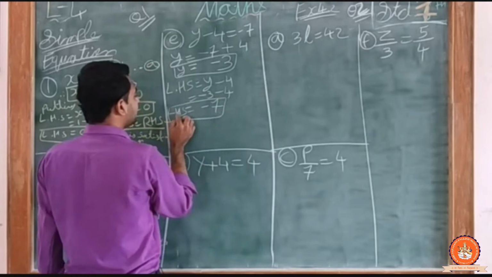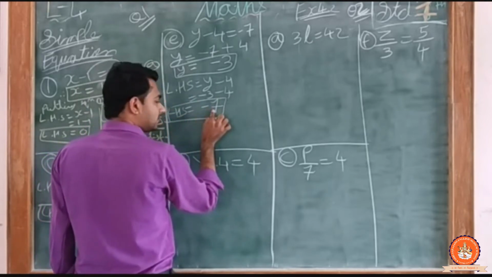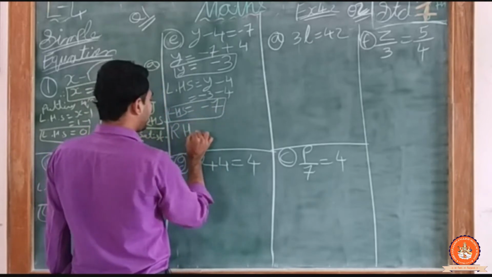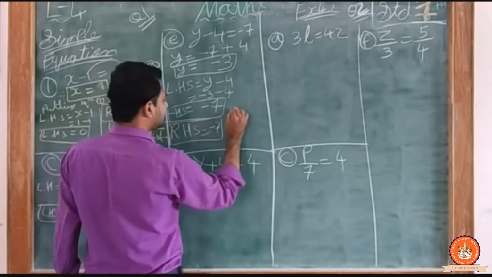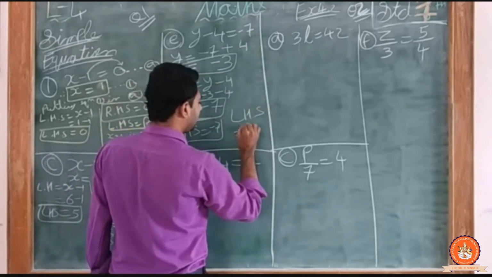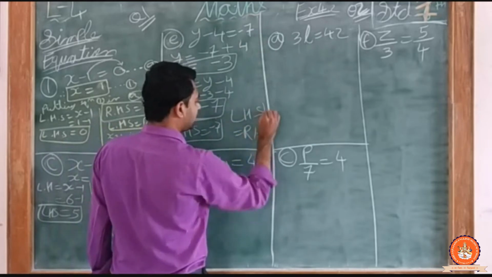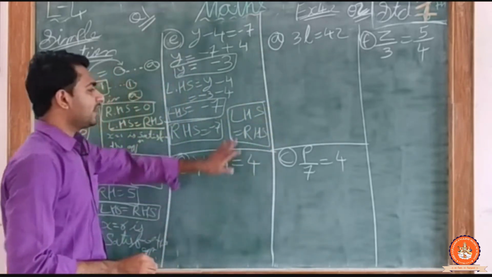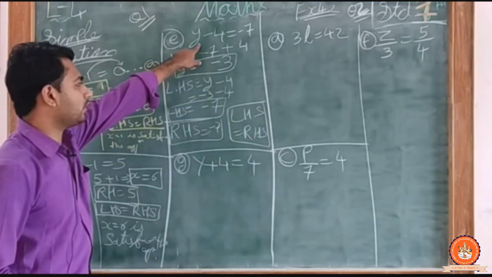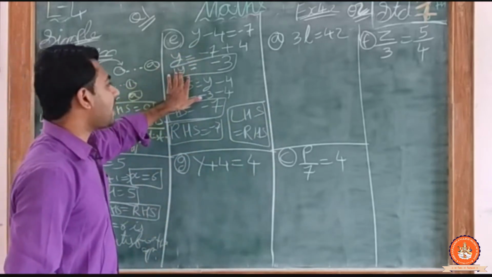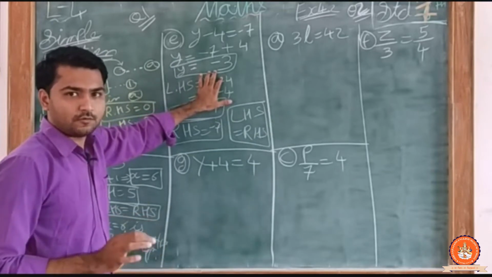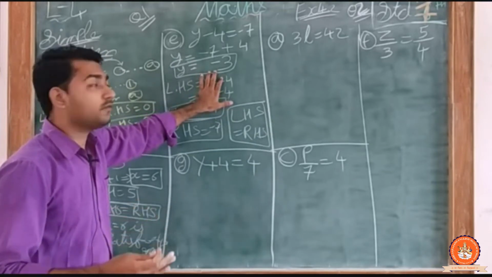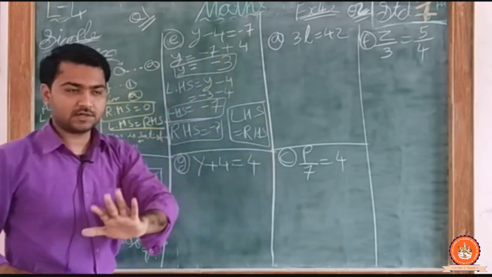That means LHS will be a minus 7, and RHS already I have here is a minus 7. So LHS is equal to RHS. Clear students, LHS equal to RHS हमारा हो गया. तो हम क्या बोलेंगे, x y is equal to minus 3 is a satisfied value, और you can say satisfy variable for this equation. Clear.